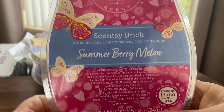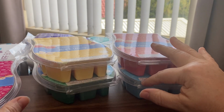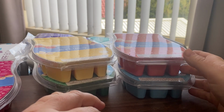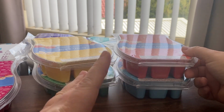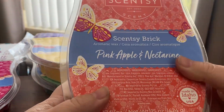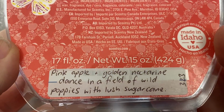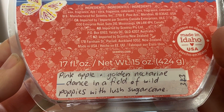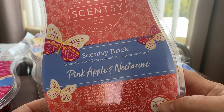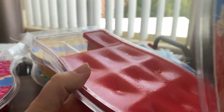So that's Summerberry Melon, which is a new scent, and the next two are also new scents that are my next favorites. They're really close, second, third. They could interchange easily. So I've said Pink Apple and Nectarine is my next favorite. The scent notes are Pink Apple and Golden Nectarine, dance in a field of wild poppies with lush sugarcane. I thought this would be super fruity, but it has a